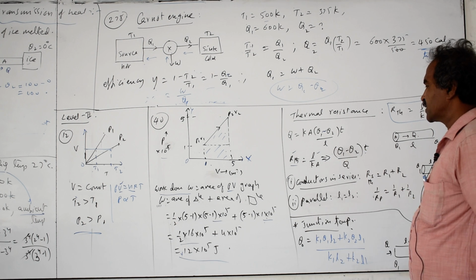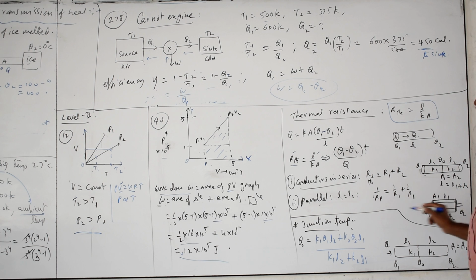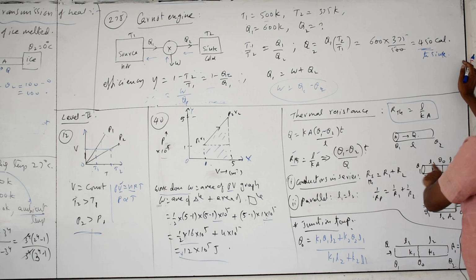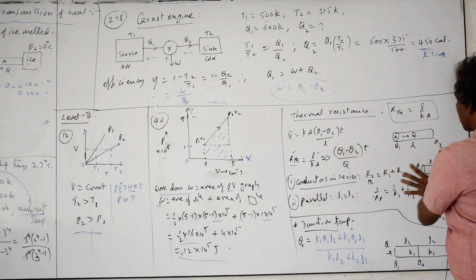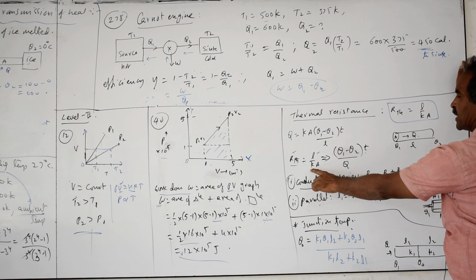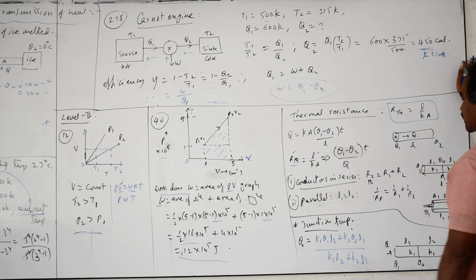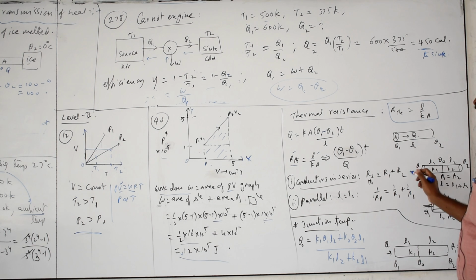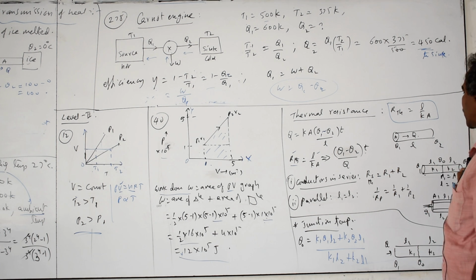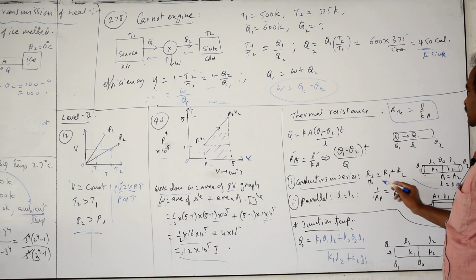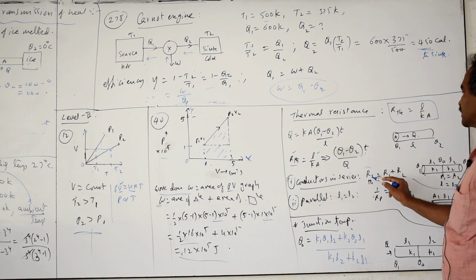This part is important. If the conductors are connected in series, then, just like electrical resistances, series resistances are added: R series equals R1 plus R2. That means the total length is L1 plus L2, and it becomes the resultant, equal to a single rod, that is L by K series into A. A is a uniform constant you have to take. If unequal areas of cross section are given, only the smaller one you have to take into the picture. But in general they will give equal area of cross section, so A1 is equal to A2, L is equal to L1 plus L2, and R series equals R1 plus R2.